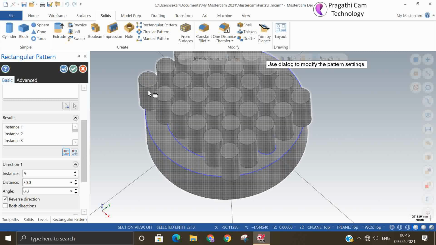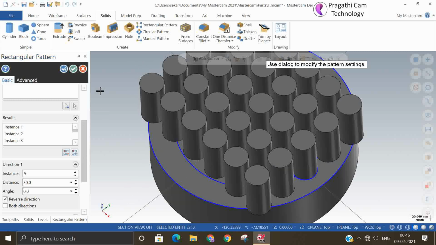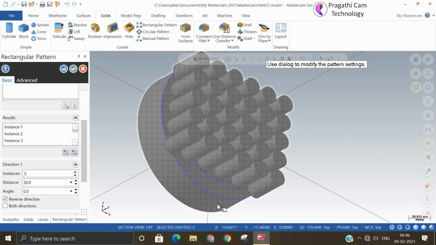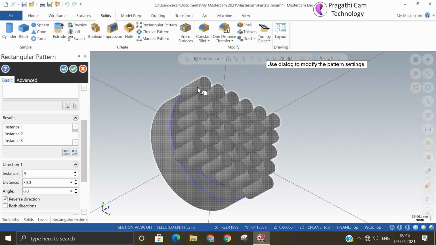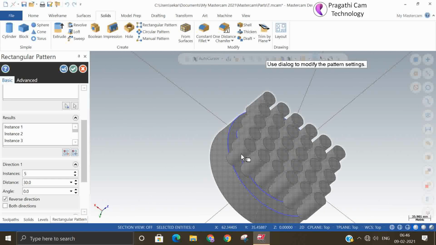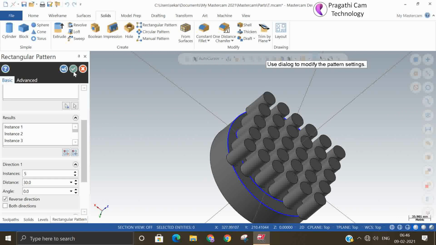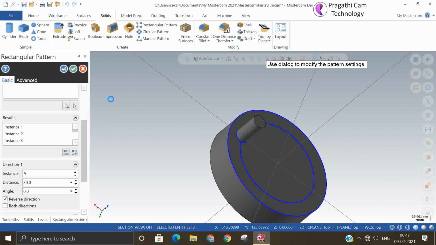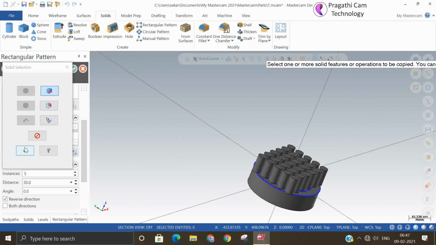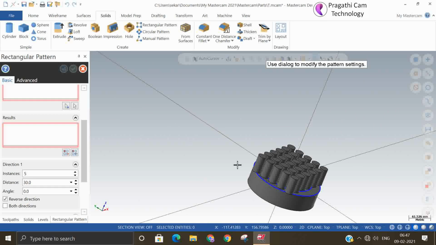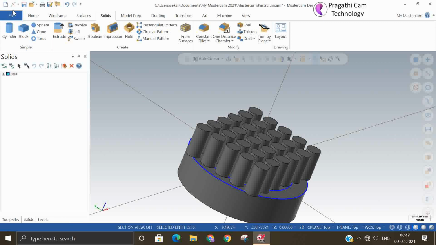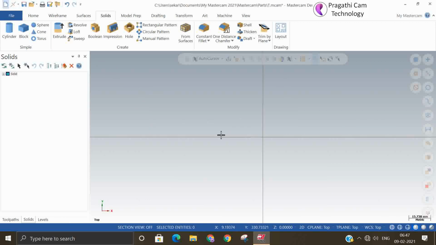Suppose this instance and this instance and this instance and the fourth last one. This and all I don't want in case. So this you can remove. This is all about the rectangular pattern.